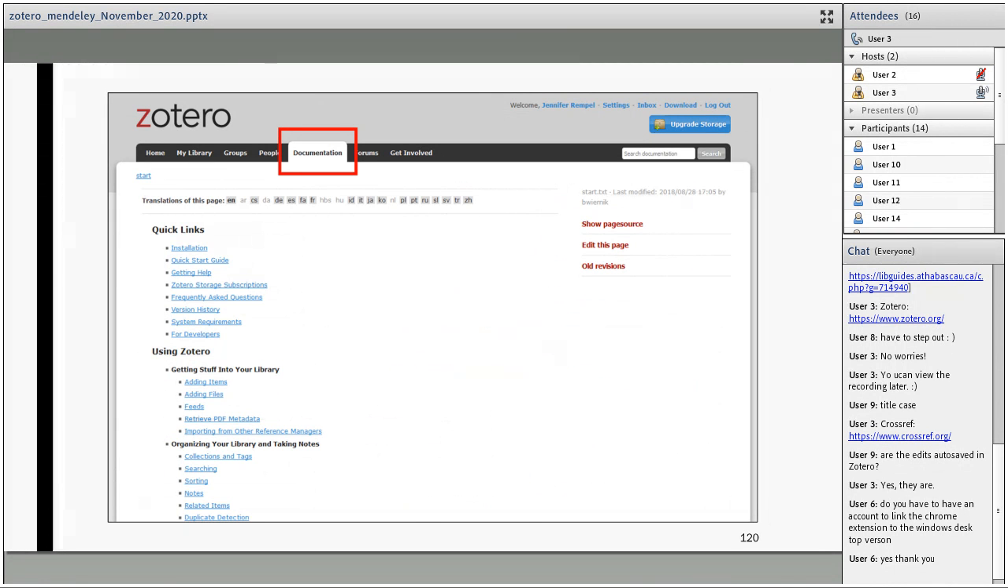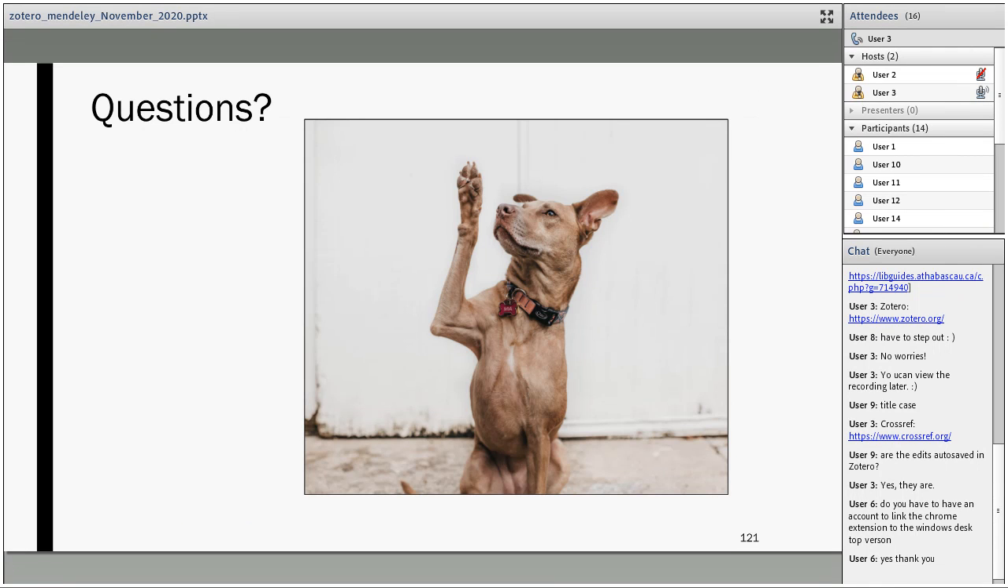All right, so for even more information on using Zotero, you can check out their support pages under documentation. So that's covering the basics of using Zotero and using it to create folders and groups and profiles and things like that. So we are going to move on to Mendeley, but before we do that, we're going to take